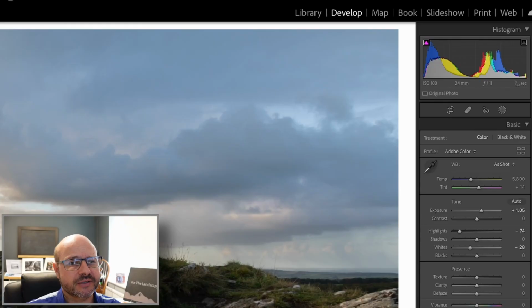Now I just wanted to go back into Lightroom, so I've opened Lightroom up again and I've picked up another image, and I just wanted to show you very, very quickly one of the new features which has come out in the latest release of Lightroom. And it's here where we've got this